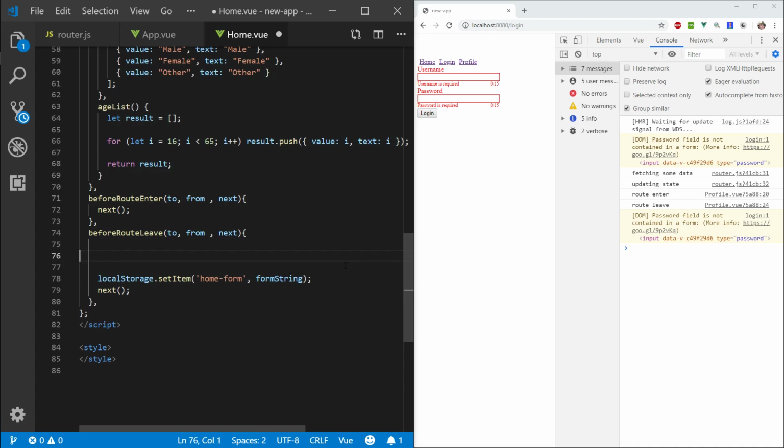Okay. Now let's do let formString equals this.form,